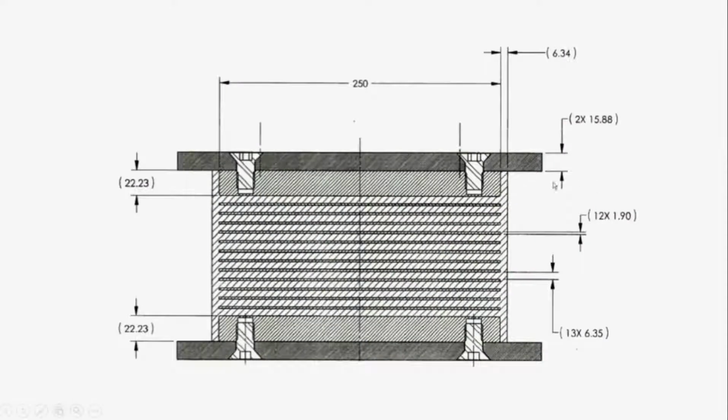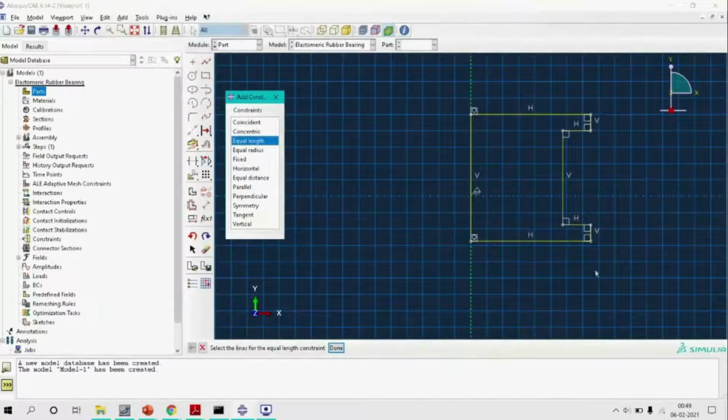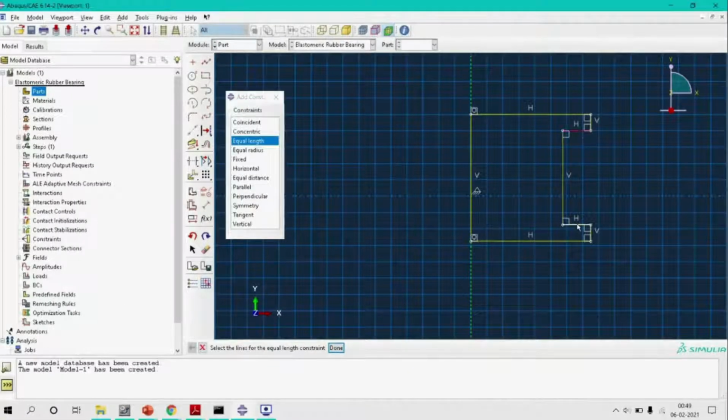From this figure we can see that the thickness of both of these plates is the same, that is the top and the bottom plate have the same thickness. At the same time the projections of these plates are also of the same length. So let's set a constraint to these projections first, done, and then set a constraint to the thickness of these plates, done. Also it is quite obvious that the top and the bottom plate will also be of the same length, so we can set a constraint to them also. Now the constraint part is done.